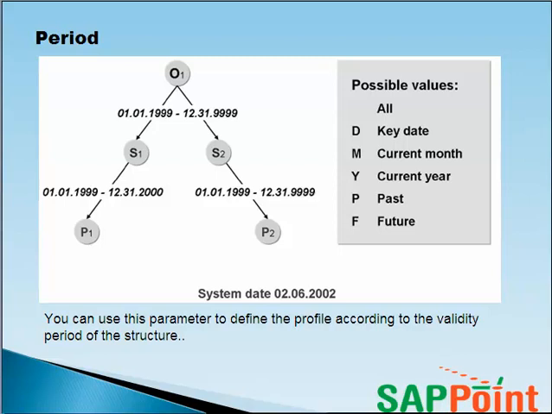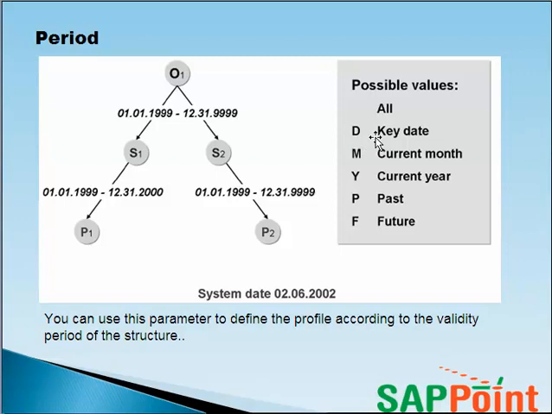In other words, unlike the general authorization check, the structural authorization check does not retain periods of responsibility. Instead, the system indicates whether or not the user has authorization for a specific object. Now in that period field, you can specify the values D, M, Y, P, and F. If you specify D, for example, the structural authorization is extended to include only the structures valid on the current date. The current date is your system date.